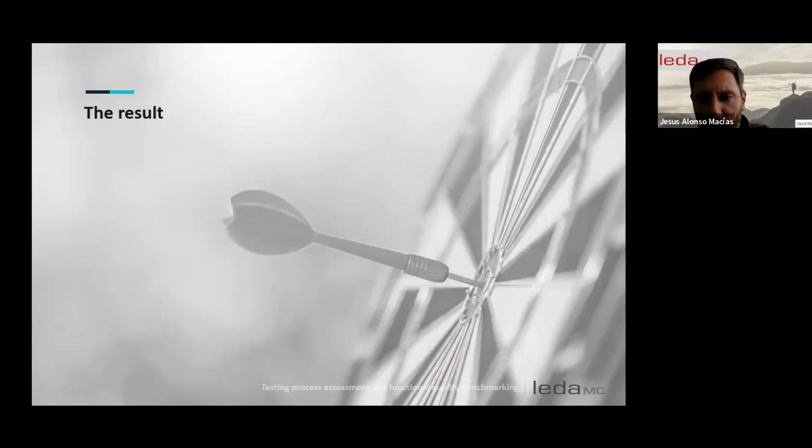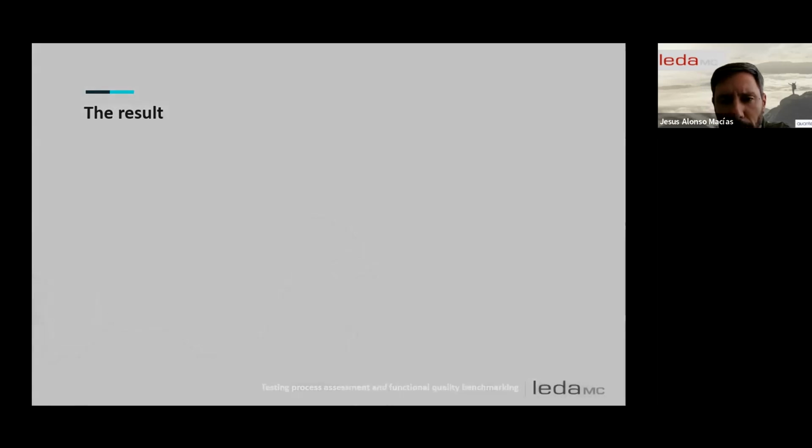We come to the end of the presentation. All that remains is the result of all this work we have done with benchmarking and assessment testing. We recall that our objective was to obtain the results that will allow us to make a series of recommendations that will indicate where to put the focus and energies to improve the testing process. Well, here we are going to see a matrix of recommendation as an example of a result.